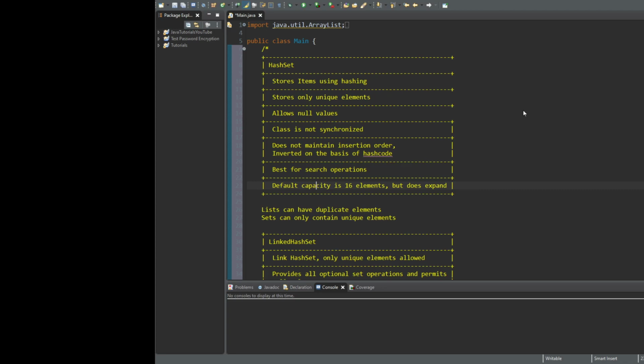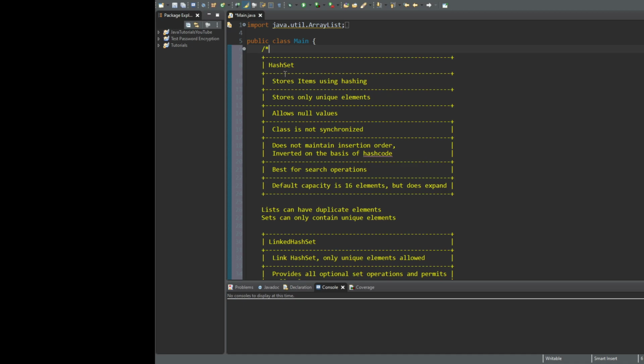In this tutorial, we are going to be covering hash sets and linked hash sets. In our previous tutorial, we covered linked lists and we also covered the array list. So we're going to continue that trend with hash set and linked hash set. And we're also going to briefly discuss the set interface as well, because each of these will inherit from that